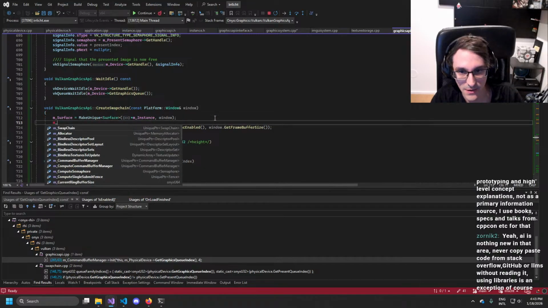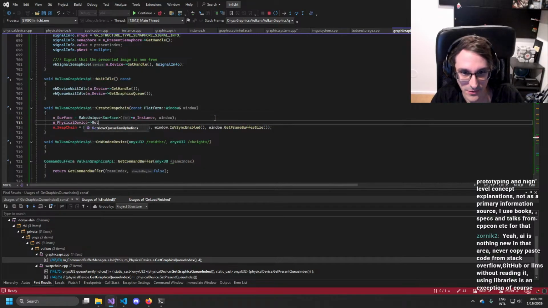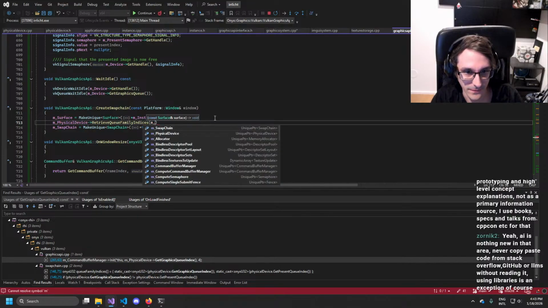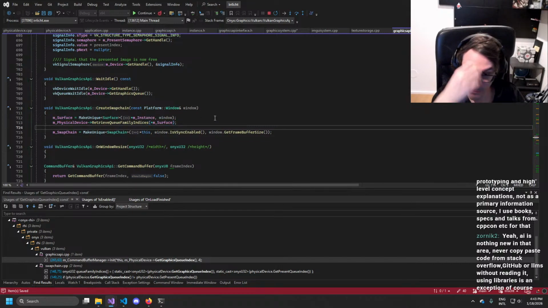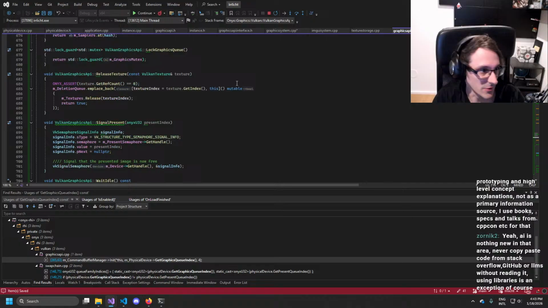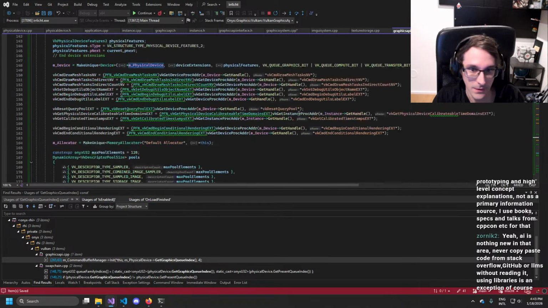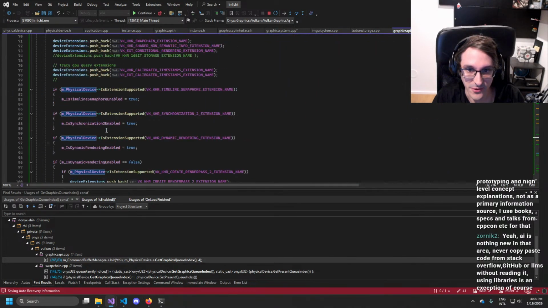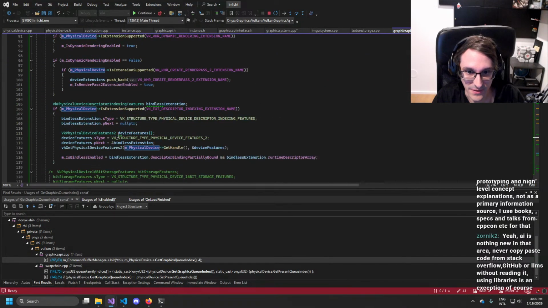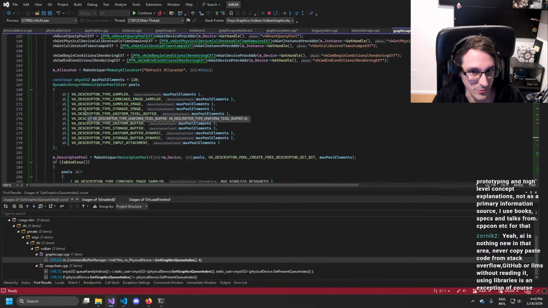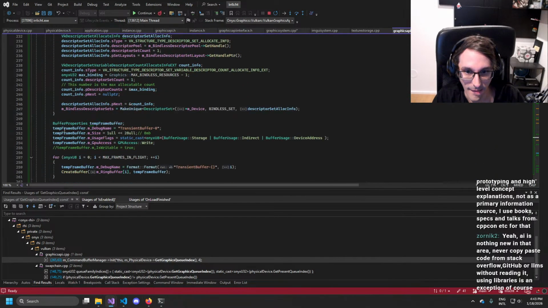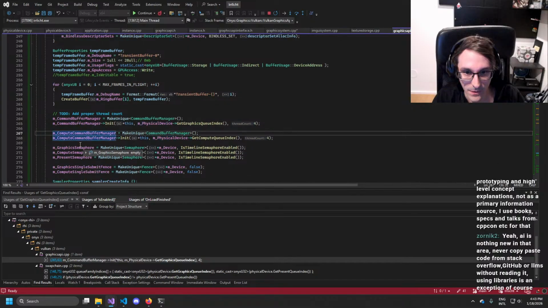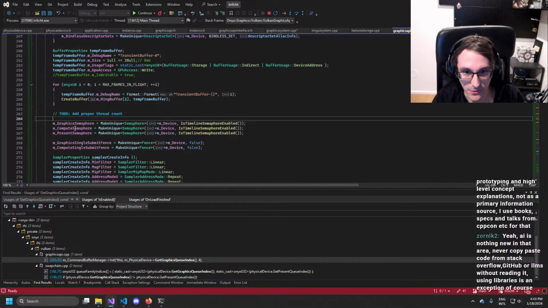Exactly, and then here physical device retrieve Q family indices with the surface. But then we would need to as well probably move the command buffer stuff. And at that point, I'm not sure if I need to move more. We definitely need to move those.